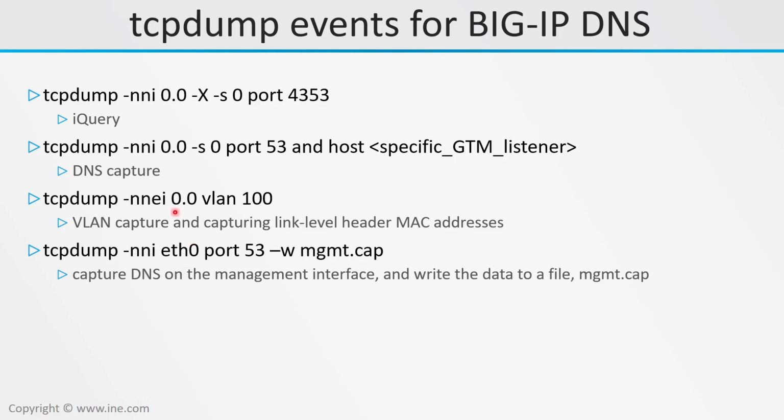So the 0.0 captures on all data ports, but it does not capture on the management interface. It's more of a control plane interface on its own. So the eth0 must be specified in order to capture on the management interface. And here we're specifying only display packets that include port 53, which is DNS, and then write to a file